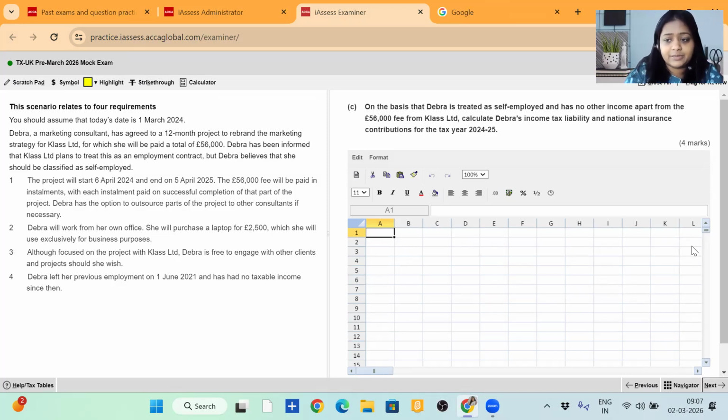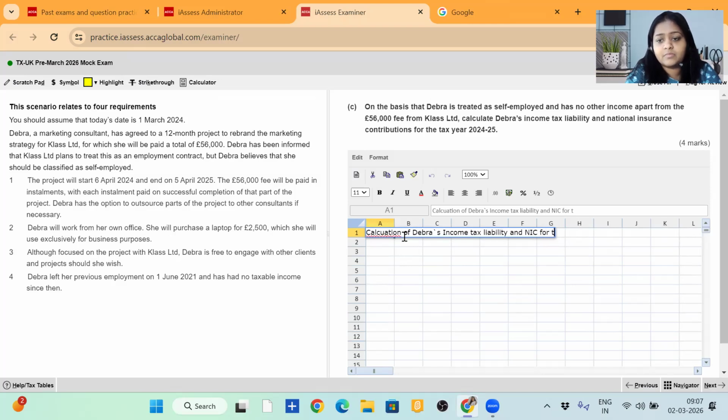So I will write here. Now you cannot just write it directly; you'll have to double click it. Okay. Calculation of Deborah's, just for 4 marks, income tax liability and NIC for the tax year